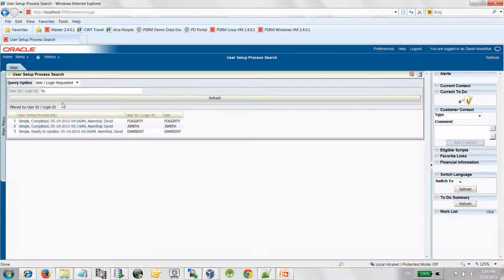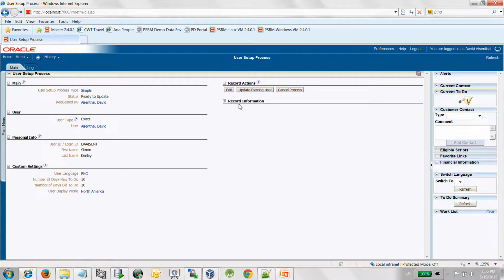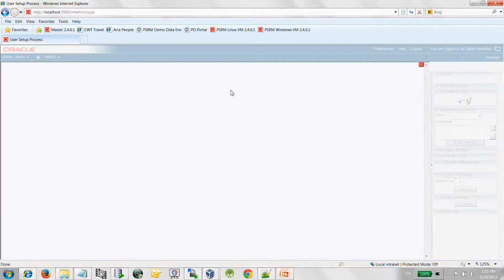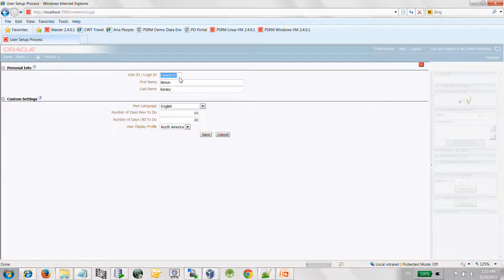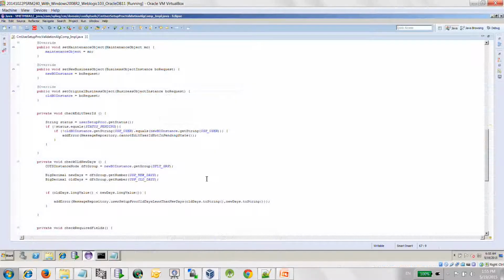So we take an existing one, and I try to edit it, and I give it a different user ID. It comes out, says cannot be updated, can only be updated in the pending state, and that's the validation that